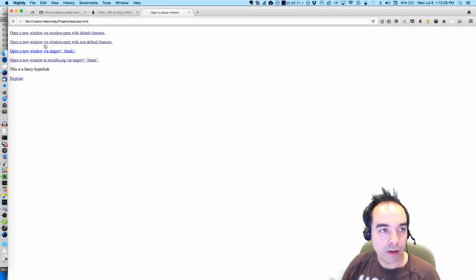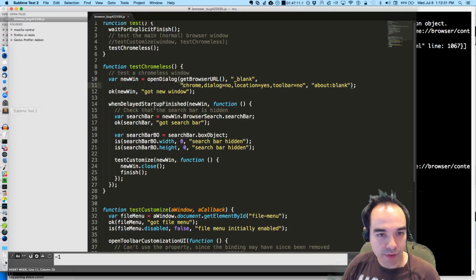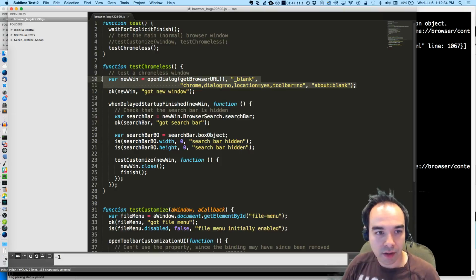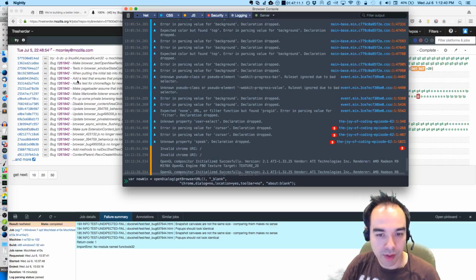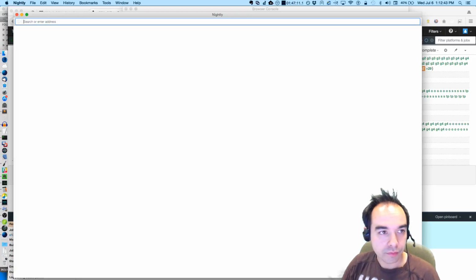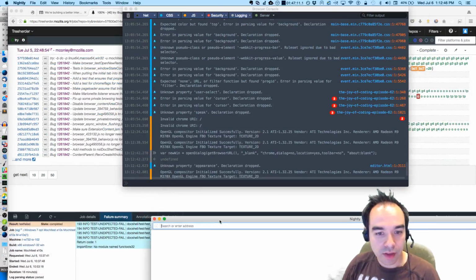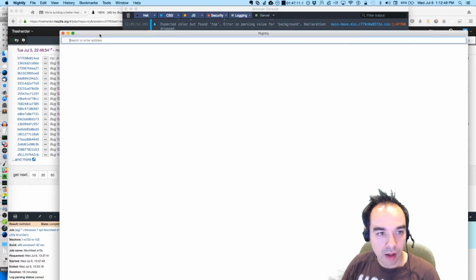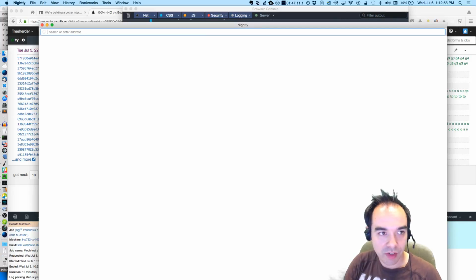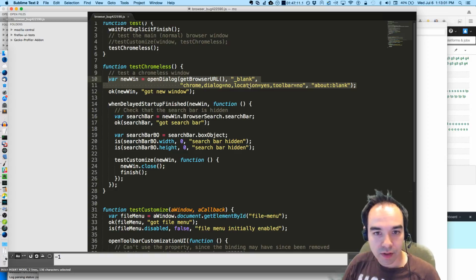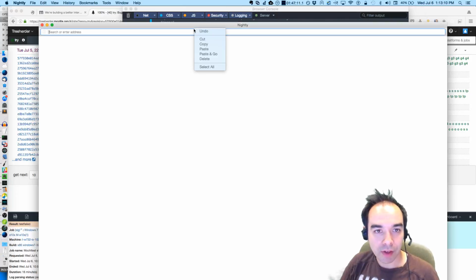well, without the toolbar. So let me see what happens whenever I call this function, because I can call this inside my browser console in my running Firefox. Let's just see what it looks like normally, what it's supposed to look like. Interesting. So notice that the URL bar, the search bar is available. Search or enter address. I can't actually type in it, but there it is. Location is yes, toolbar is no. So that's interesting. That kind of bolsters my theory that this window is not behaving correctly.